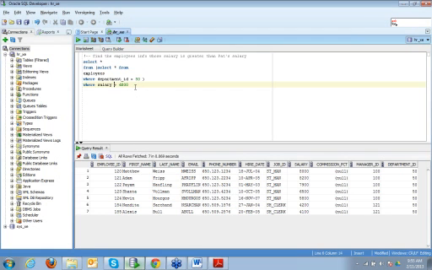So what I mean to say, when I'm writing a subquery, for example, let's say find the last name for all those who work for manager ID 100.